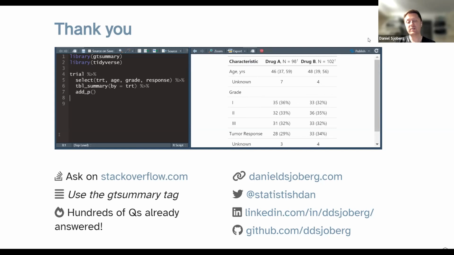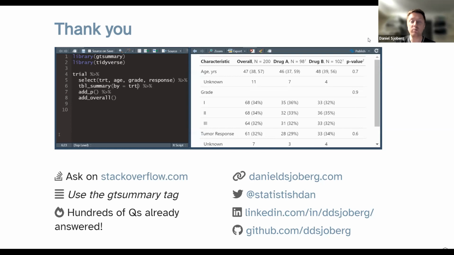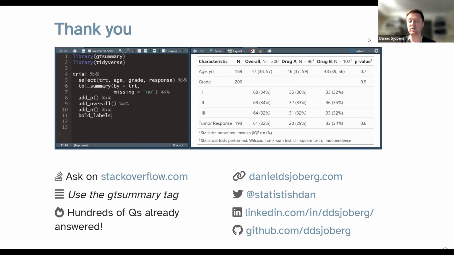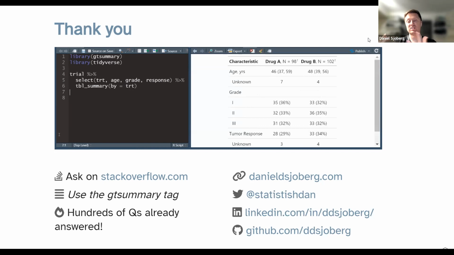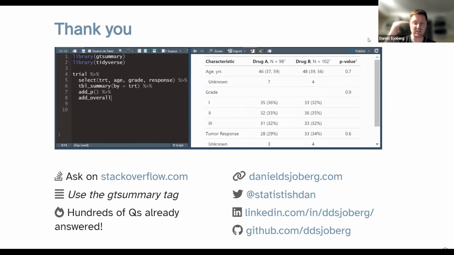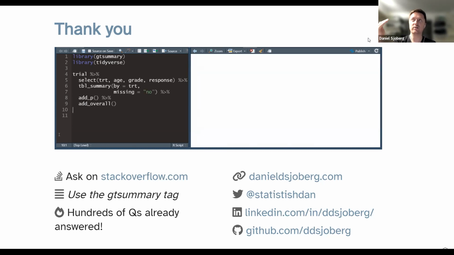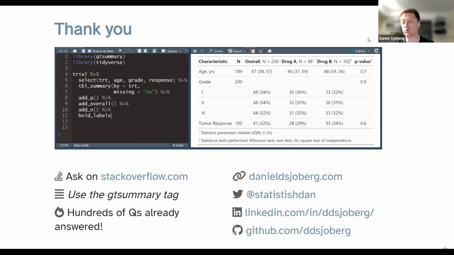So the tables I create with gtsummary go directly into published papers. I was formerly many years on the board for a journal called European Urology, and I wrote the reporting guidelines that have been adopted at that journal, and so we built the defaults in gtsummary to follow the guidelines for European Urology. European Urology is the top journal in urology. And since we wrote those guidelines, they have been adopted by the other 4 top journals in that field.